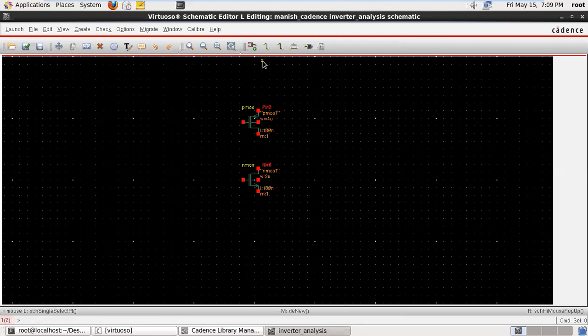Escape. Okay, just connect this point through the wire. In case of PMOS or NMOS, the body should be connected to the source terminal.